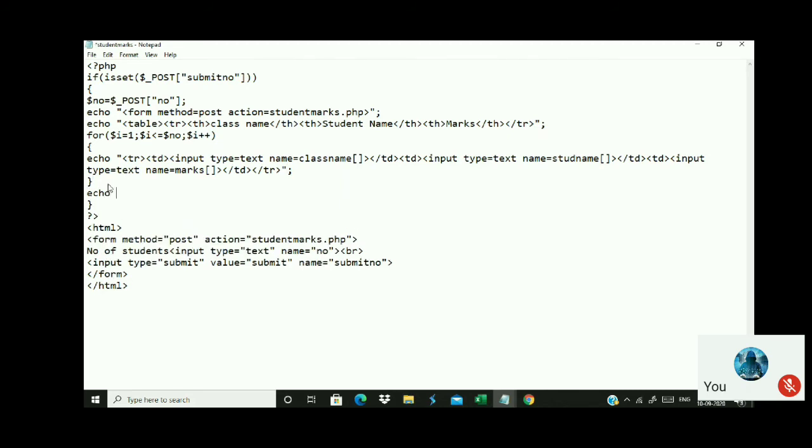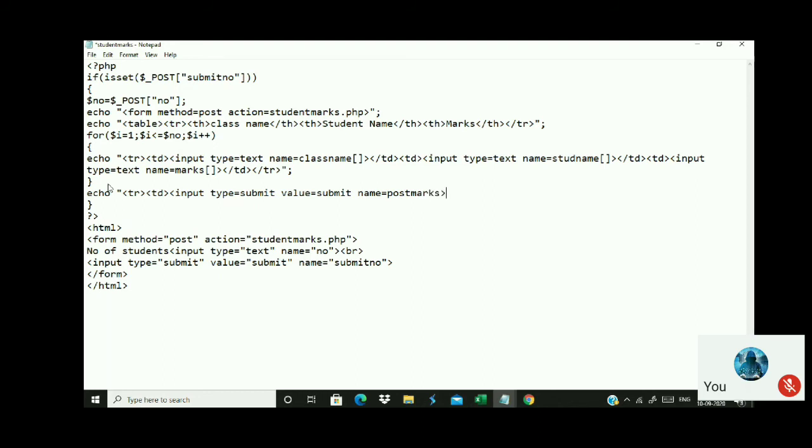Now I write it as echo tr. Again, it is inside the table, isn't it? So td, use input type equal to submit, value is equal to submit here, and I give the name as post marks.